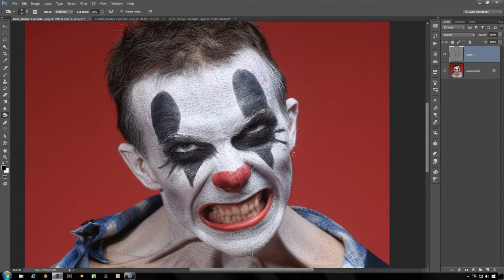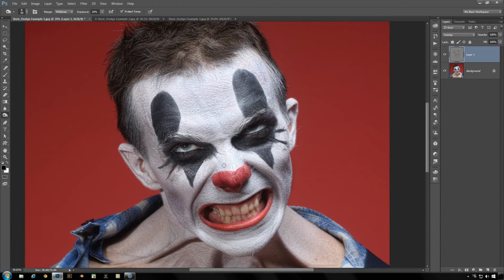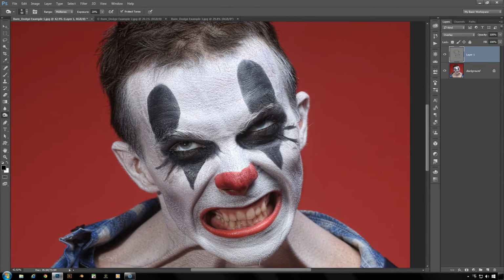Now we're going to move on to the dodge tool, and you have two ways of getting to this tool. One is selecting the tool from the toolbar on your left, or while the burn tool is selected, you can press your Alt key in order to switch over to the dodge tool. As long as you're holding that key down, you are able to use your dodge tool. As soon as you release it, you're back to using the burn tool. So holding down my Alt key,